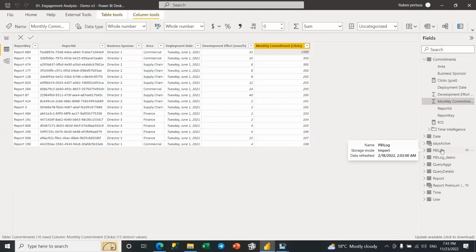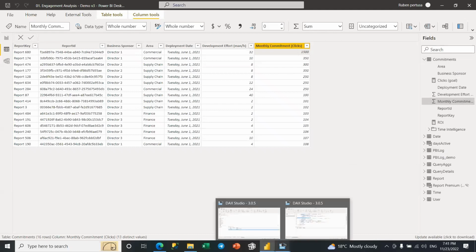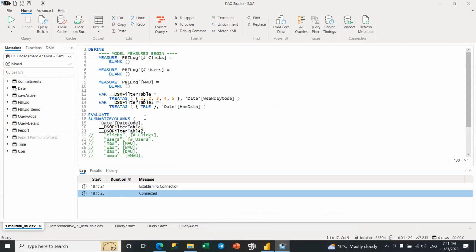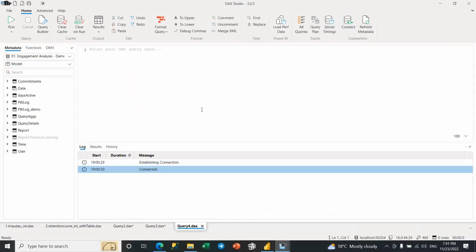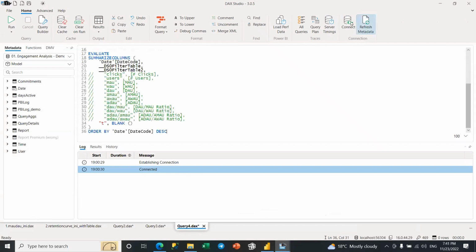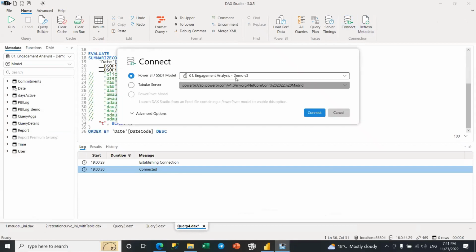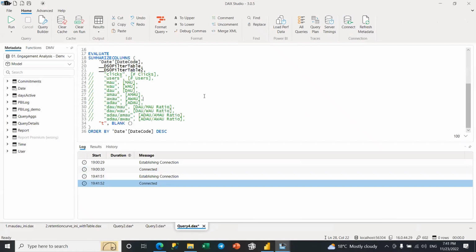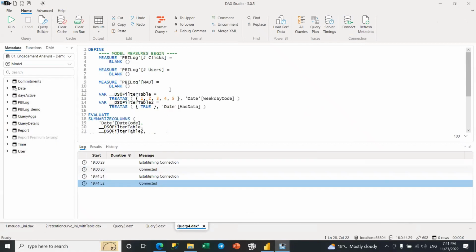How do we build all these KPIs, the DAU, the daily active users, the monthly active users, and so on? So I'm going to open DAX Studio, and let me just get this template for you, and we're going to build it from scratch. Okay, so I am connecting through my engagement analytics, and one of the things we're going to do is create the 2 base KPIs, which is the amount of clicks.